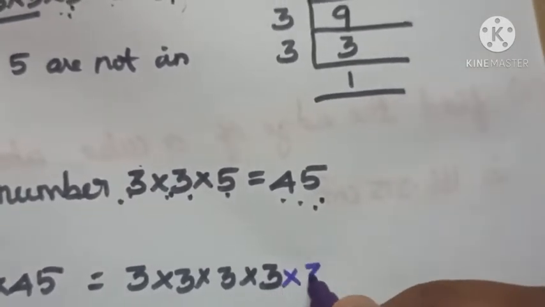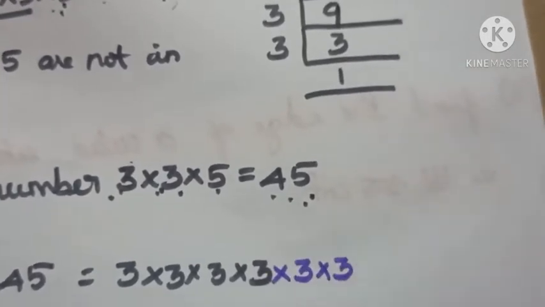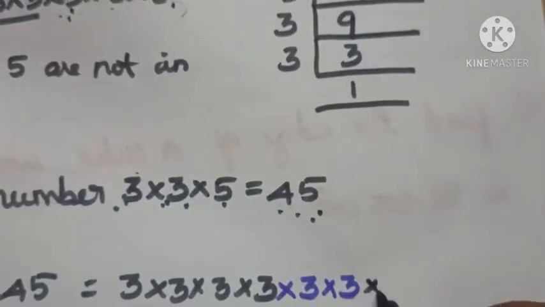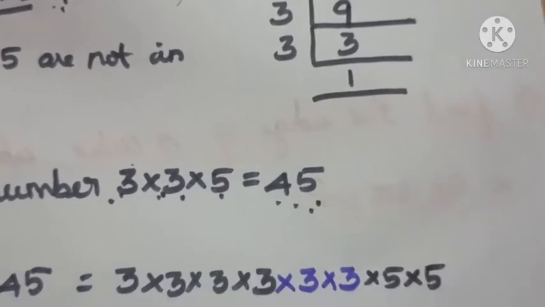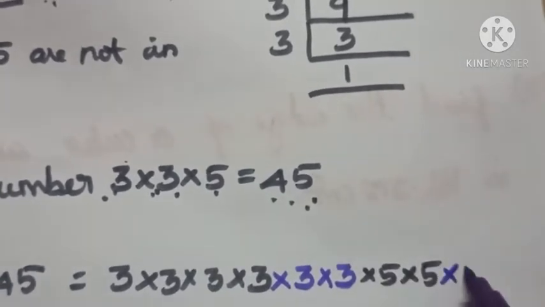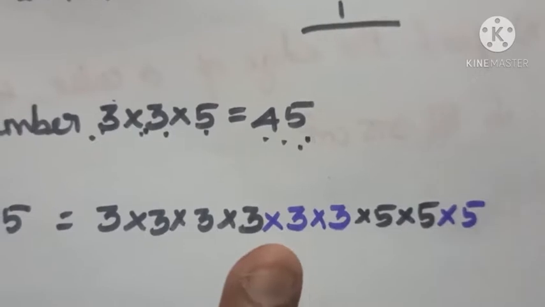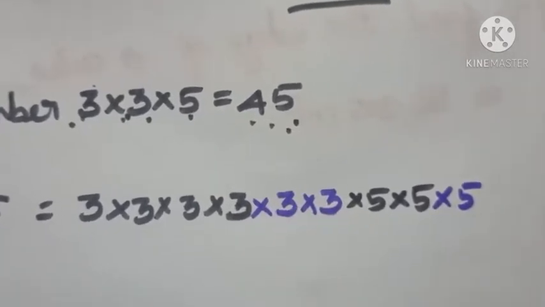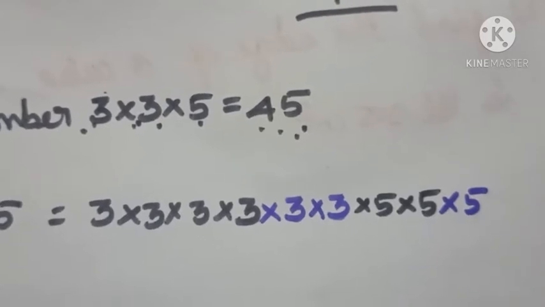I just show in a different color. So 3 into 3. Okay. Already how many 5s are there? 2 5s are there. So already 2 5s are there. We are supposed to add 1 more 5. So I just show it in a different color. So these are the factors to make the previous factors a triplet.